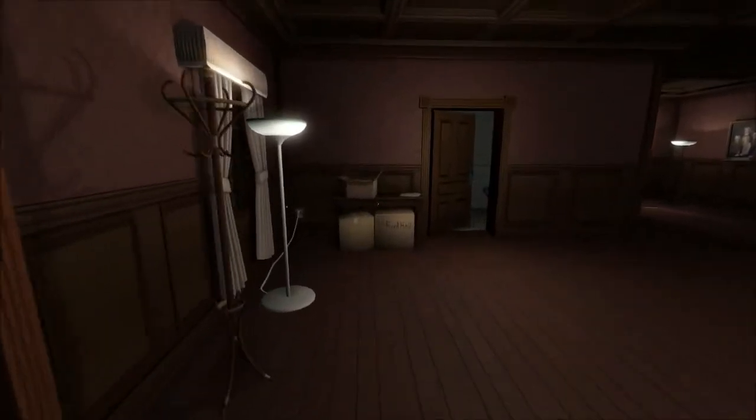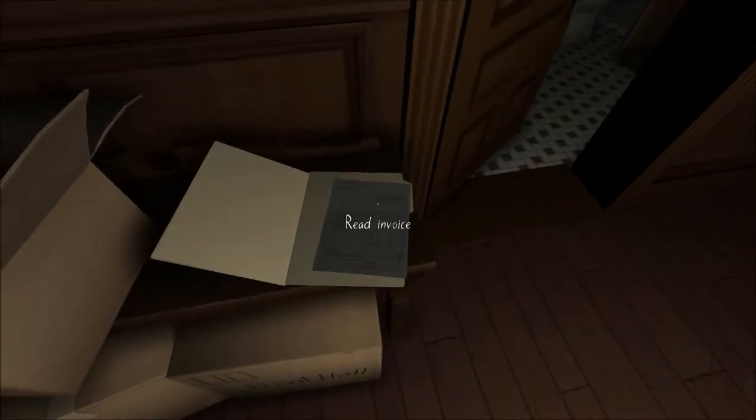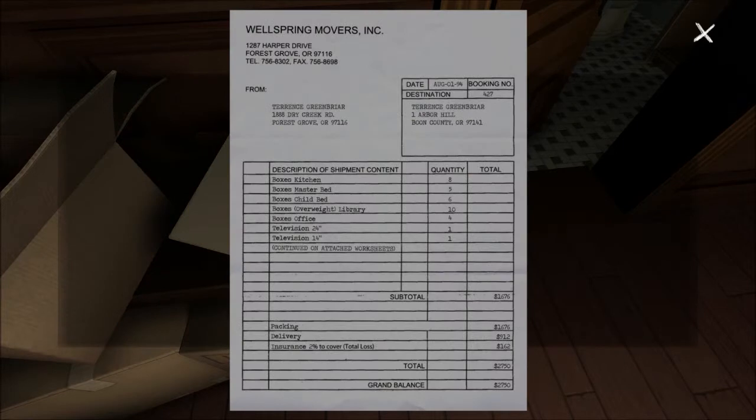Let's have a quick wander over onto here. Front hall. And again, this invoice. All nice padding, and it's going to be very much up to whether you like putting pieces of the puzzles